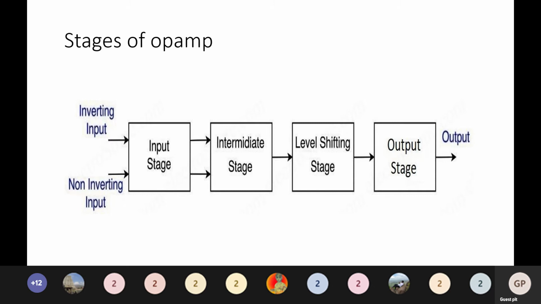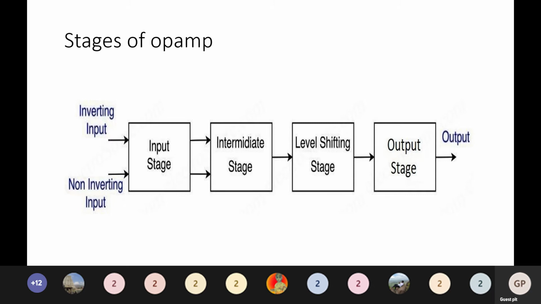Okay, and we don't want this to happen, and therefore when I give an AC signal, I want only the AC to get amplified. So the DC signal, however much the DC has been amplified, that level will be shifted down in this level shifting stage. And this level shifting stage is nothing but an emitter follower with constant current source. Okay, so a basic normal emitter follower. So it will bring down the DC shifting that has happened in the previous stage, the intermediate stage.